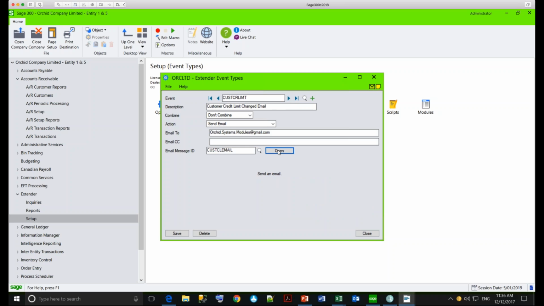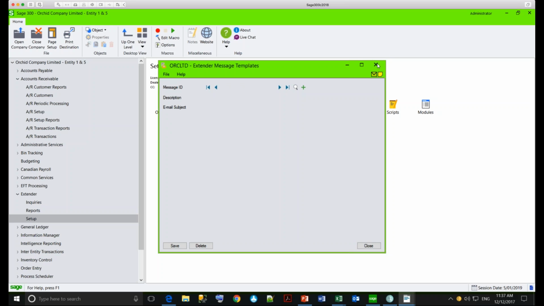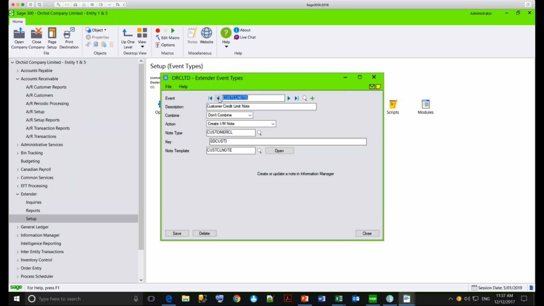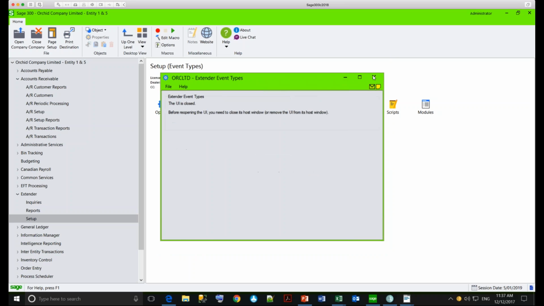And in the email template, I can define what fields I want to go in the email. So my email would be very similar to the note I showed you. Customer 1200, Mr. Ronald Back, credit limit changed from what it was originally and what it changed to, and who did it and the date and time they did it. And the other note, the note that I showed you, that orange note that showed by the customer screen, was created by this particular event with this particular email template. So having created my events, then I would go to the